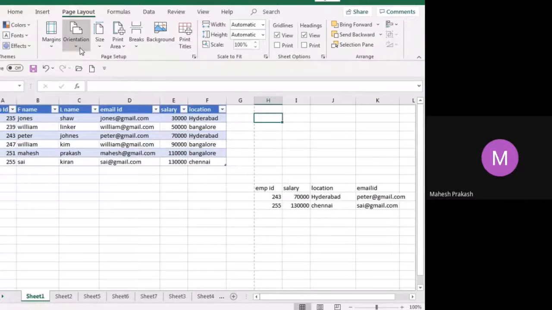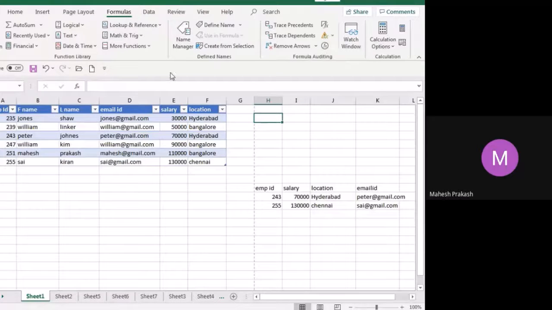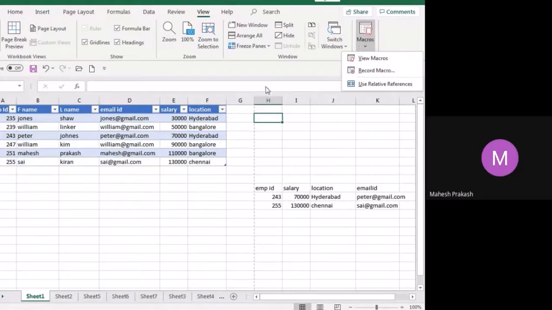It is not useful for us because the print is done by the one who mostly uses the printer. Next we have something called macros. We have done that yesterday itself.